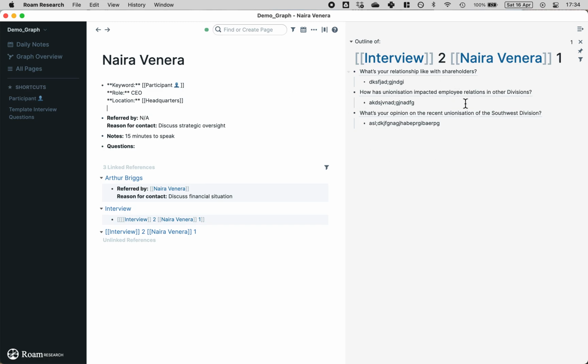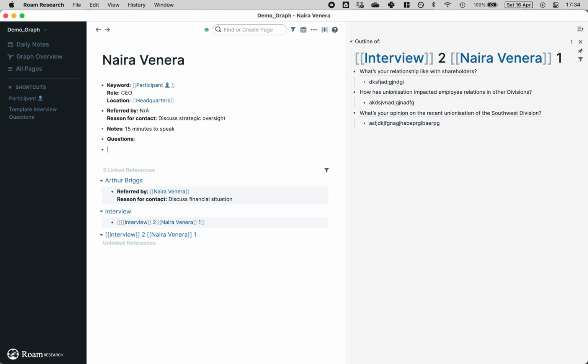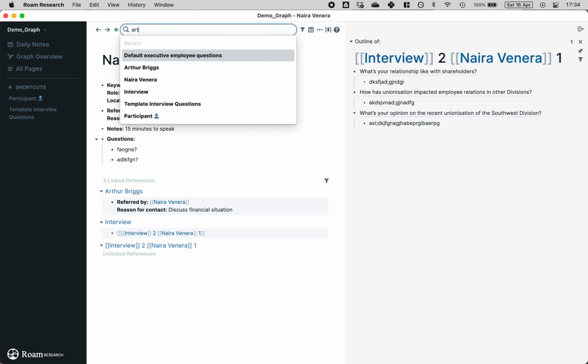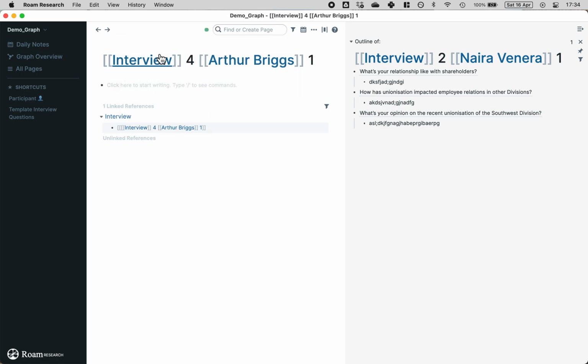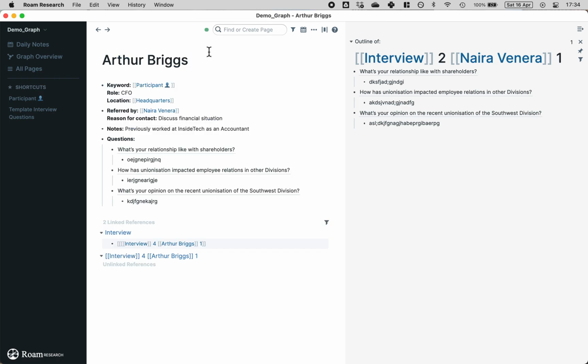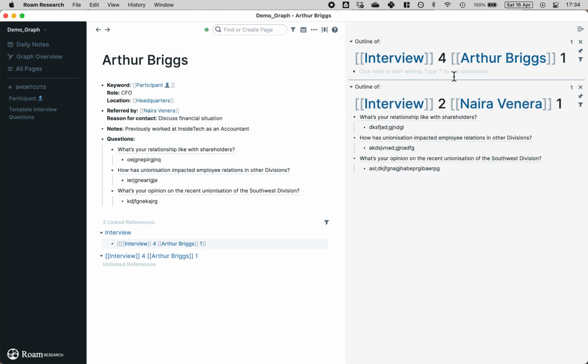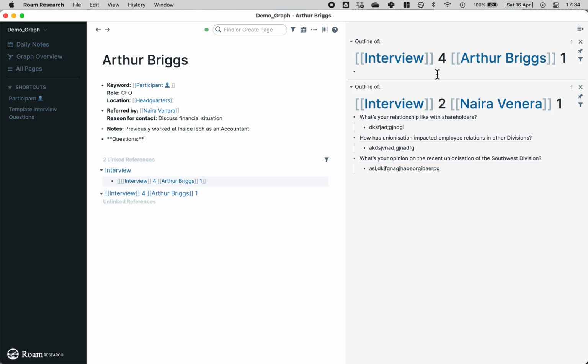But what I have done is moved it across and kept this clean so that if I have new questions for Naira in the future, whatever they might be, I can pop them in here. And again, it just keeps things really nice and organized. Same for Arthur. So I had this interview with Arthur, but I haven't populated his interview page. So what I'm going to do is open that one up. And in the sidebar again, I'm going to open up his interview page, and I'm going to take his answers